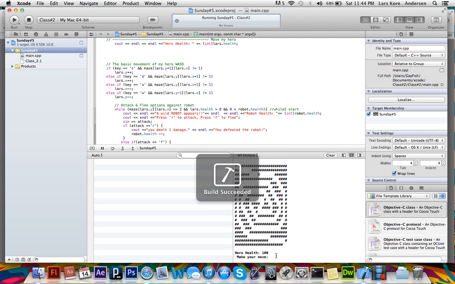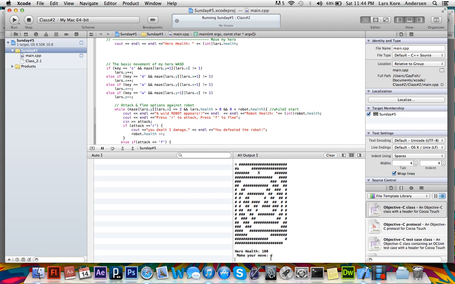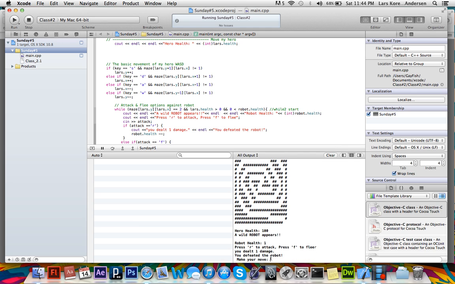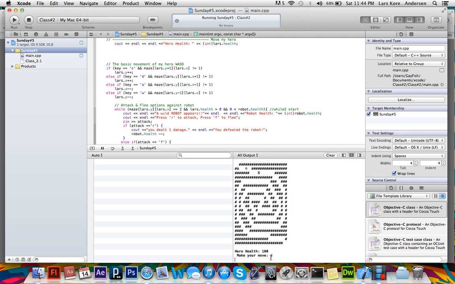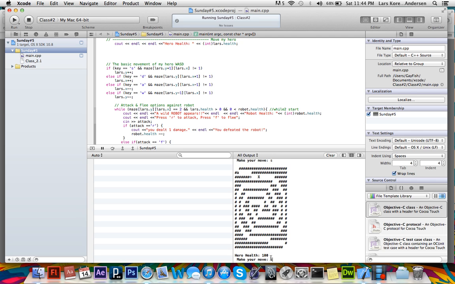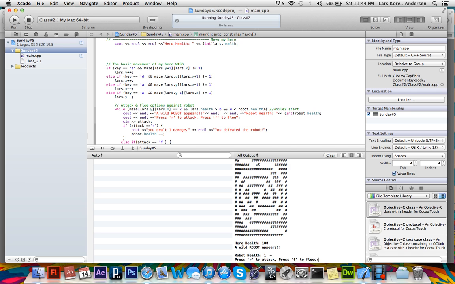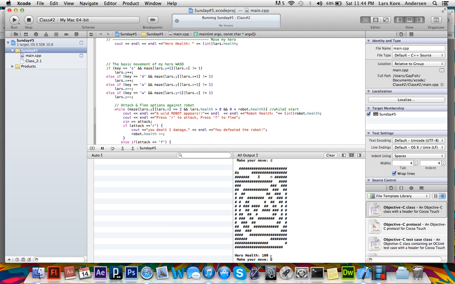And just run it again right here, as you can see. Let's do it one more time. My hero is moving down there. Attack. I defeated the robot. I can go further. It does not disappear. And the second robot, I'm going to push R for attack. Going to go further, and you can just keep on going. So yeah, that was my